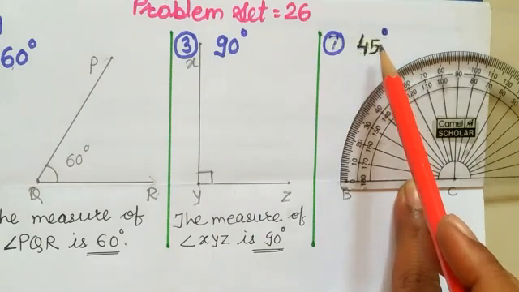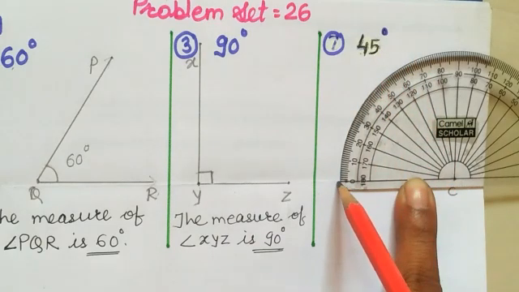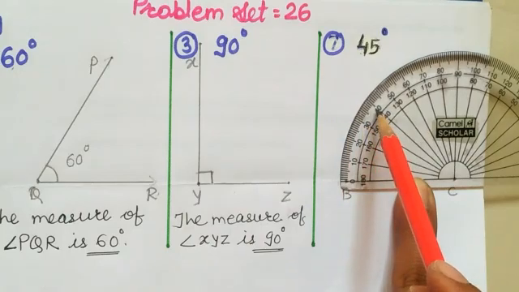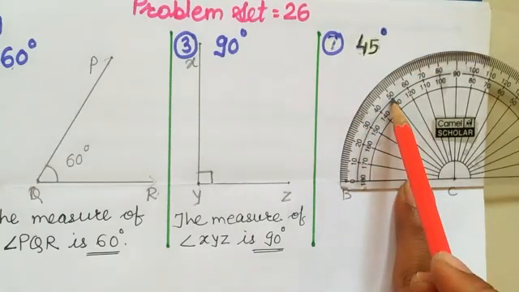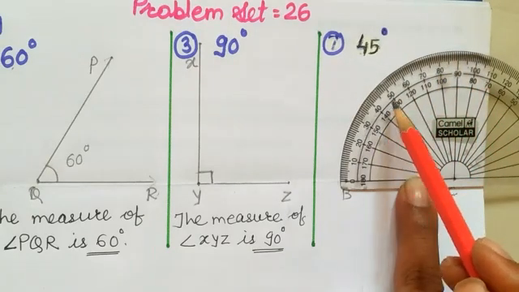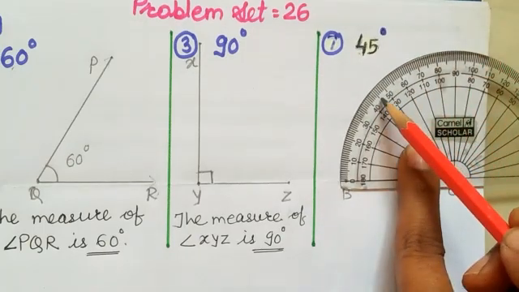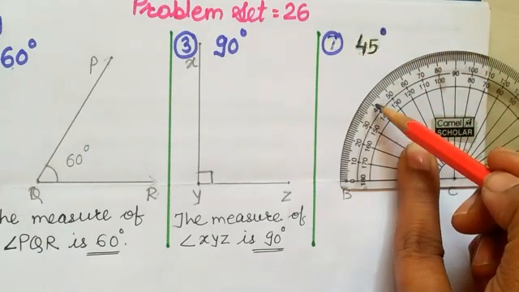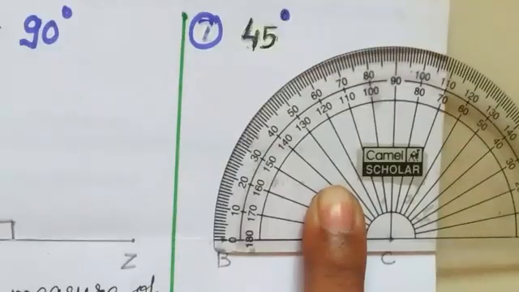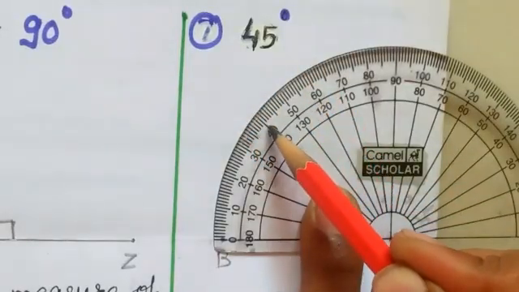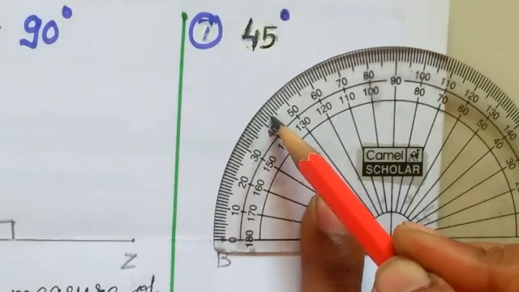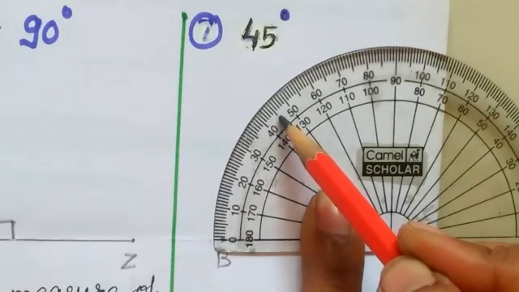Now we have to show the 45 degree. So we will start from here: 0, 10, 20, 30, 40 and the next one is directly 50. It means that 45 number is not given, but between the number 40 and 50 there are 10 lines. Among that, this middle line is a little bit more in height. So if we count these minor lines, we count 40, 41, 42, 43, 44 and this one, which is more in height, is nothing but the 45.